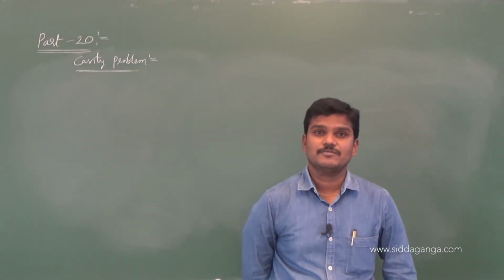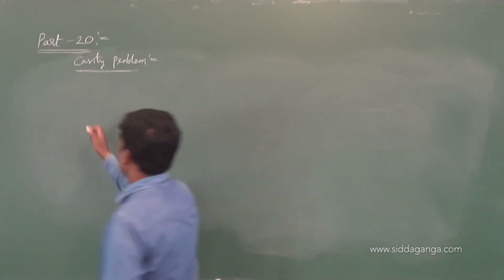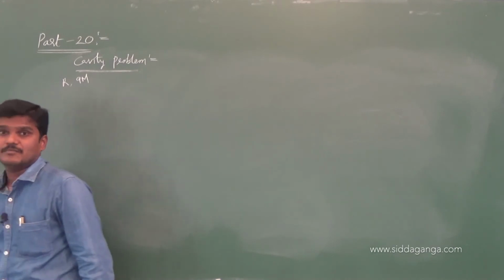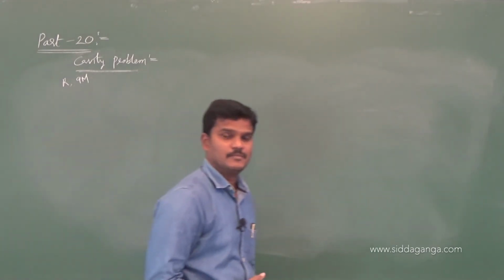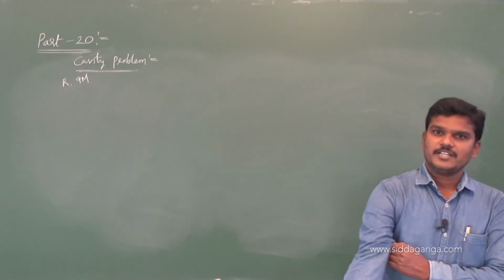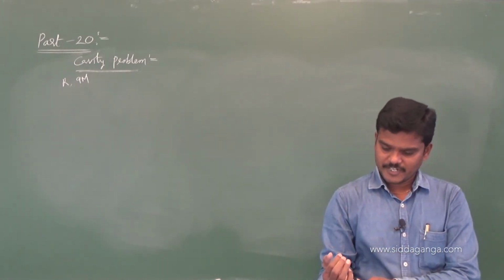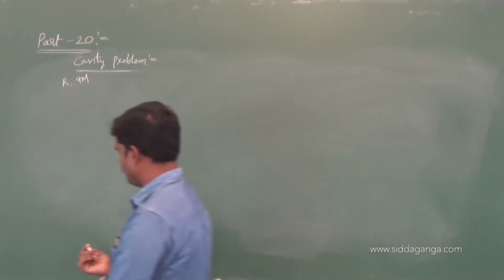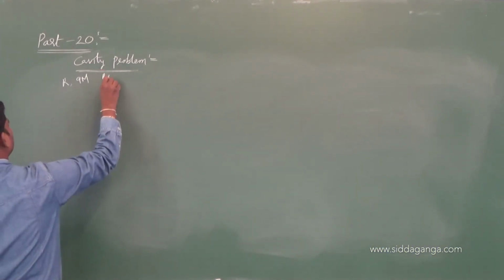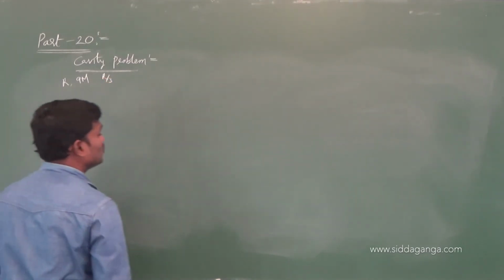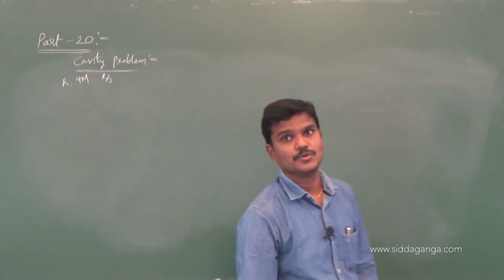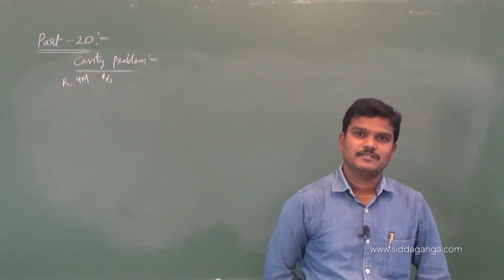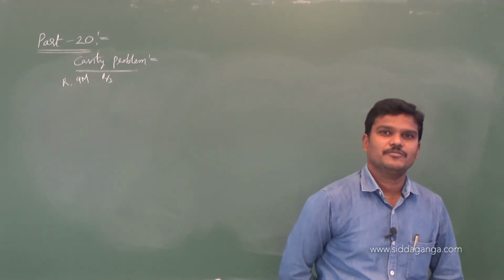From a circular disc of radius capital R, mass 9M, a small portion of radius R by 3 is removed from the edge, as shown. Then find the moment of inertia of the remaining portion